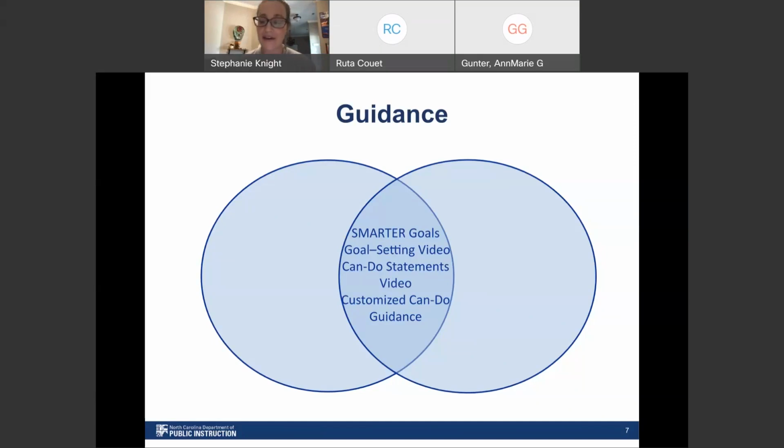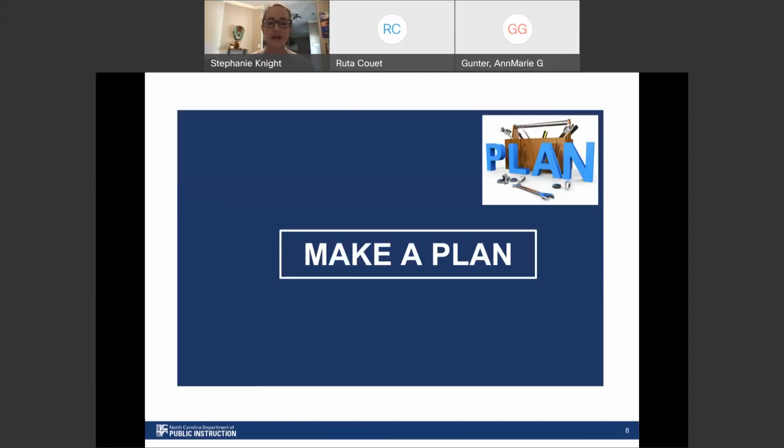We want to have guidance on how learners can customize their own can-do statements so that they're within their proficiency reach. So they're something that are achievable and attainable for them. The next space, this is one of our more robust spaces currently, and we'll continue to be developing it, is